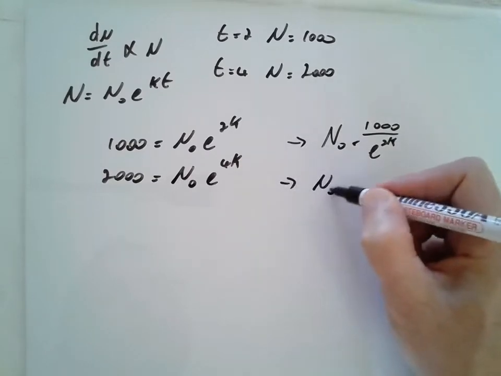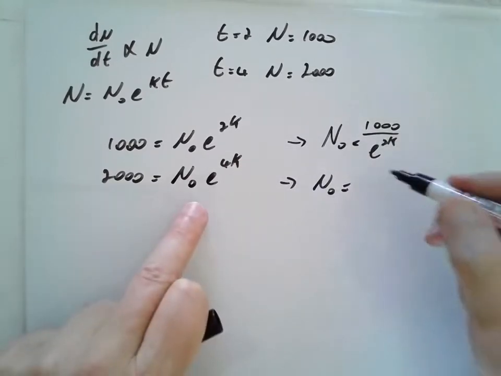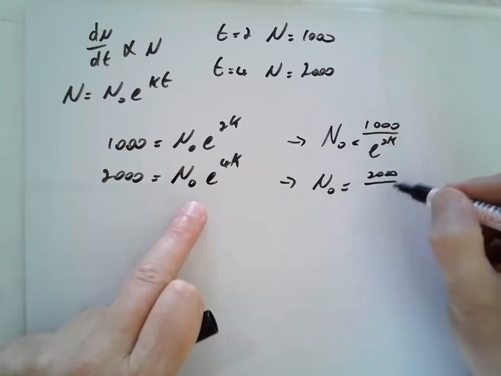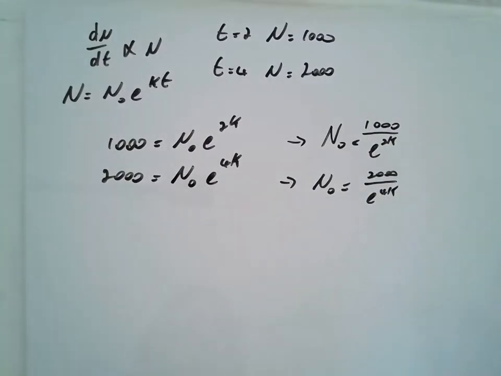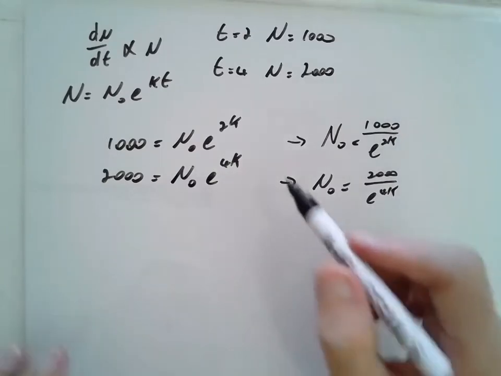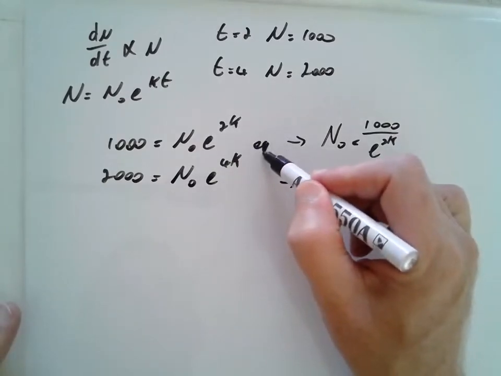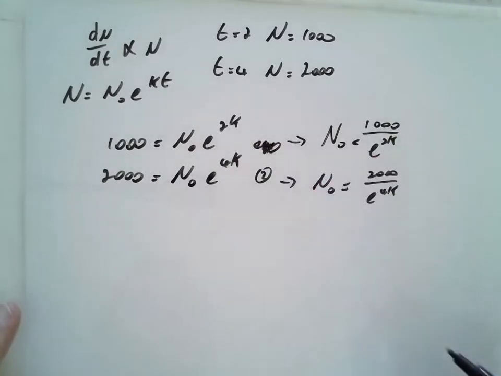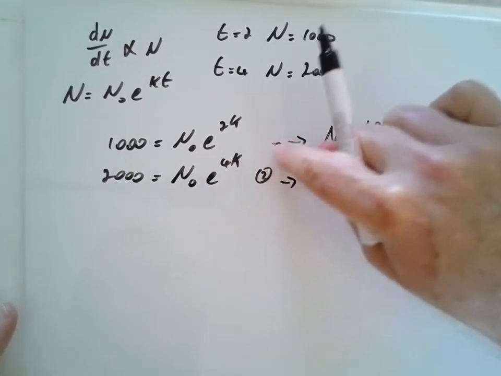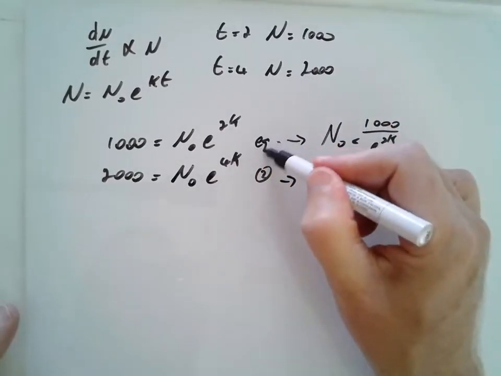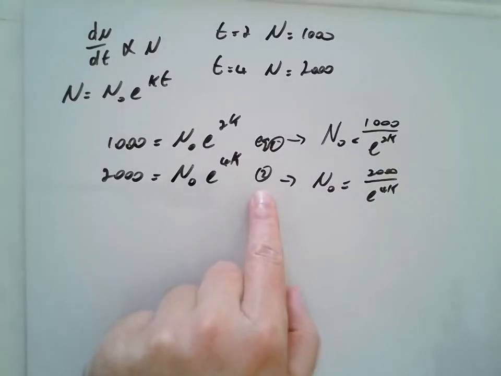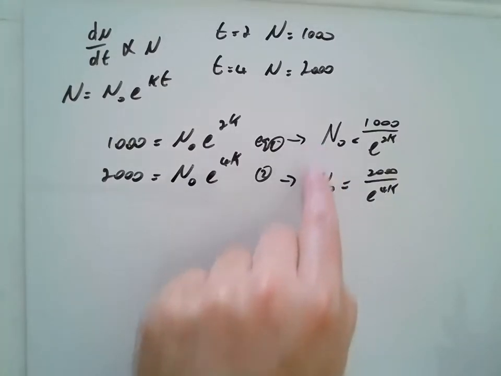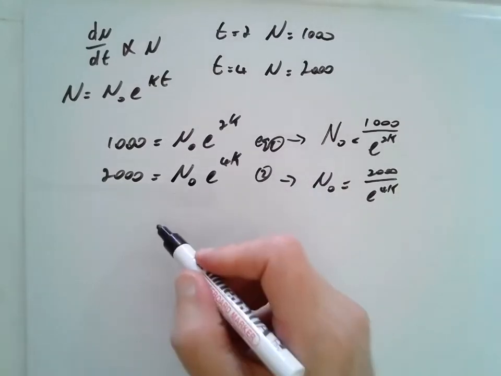And this one, N0, is equal to 2,000 on e to the 4k. Once we get these two from our equation 1 and 2, we're going to say that these N0s are the same N0, therefore